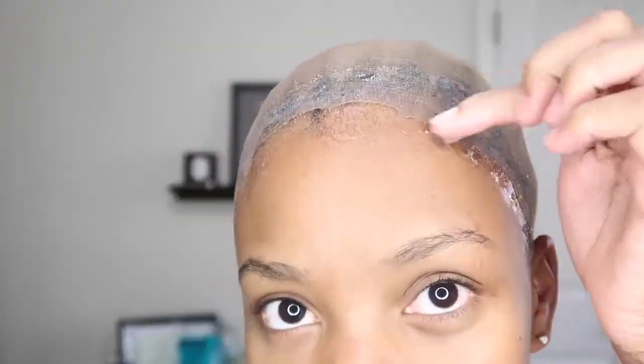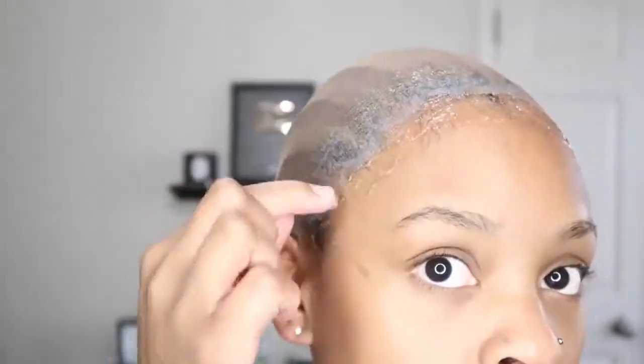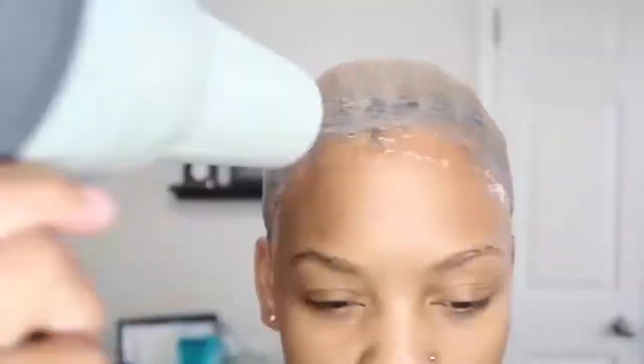So here I am blow drying my little life away once again, going back in with that same gel, and this time I'm going to apply it to my hairline. Well, like actually a little bit past my hairline, just to go ahead and put this wig on. So after I apply that gel to my hairline, went back in with my blow dryer to get it a little tacky or whatever, and then just to let it dry some more, I went on and started to cut